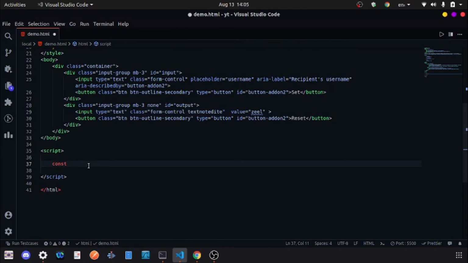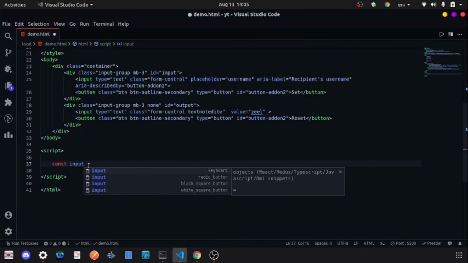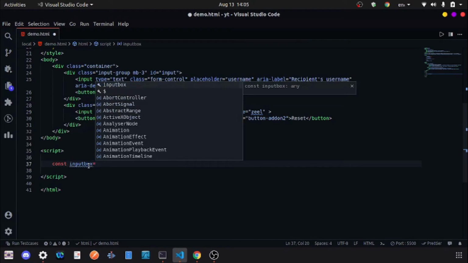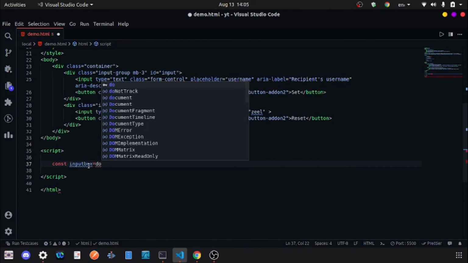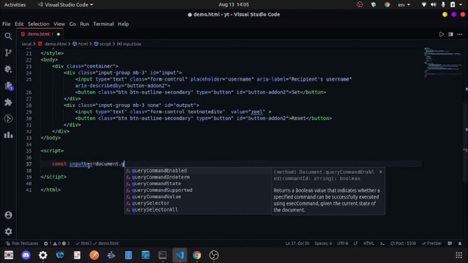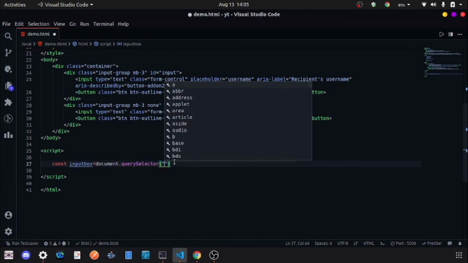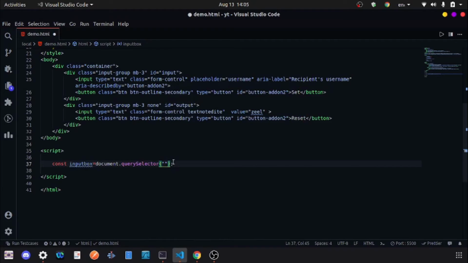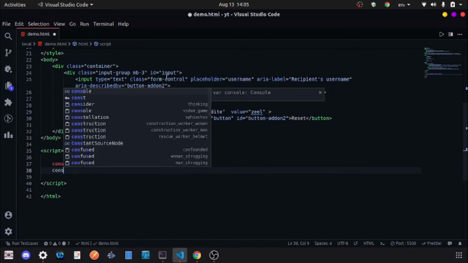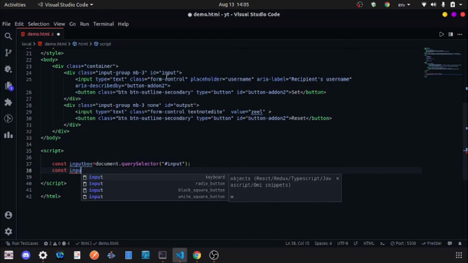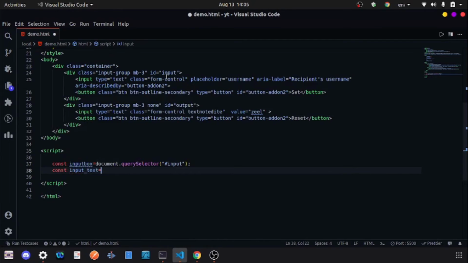So just grab the input box, document dot querySelector. With the querySelector you can select any element in the DOM, like we can select using CSS. We require input, so we can simply write input, and then we require that input text.